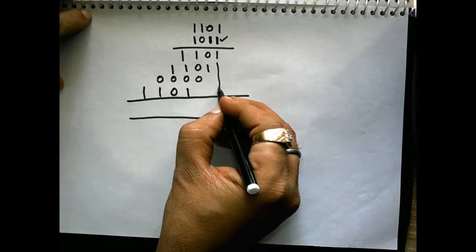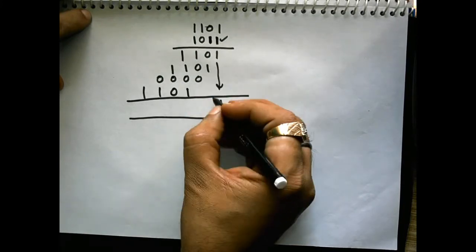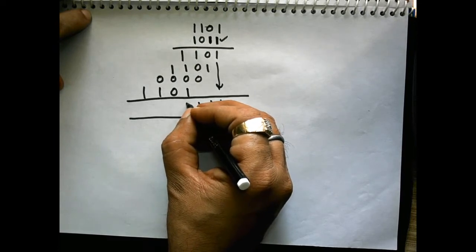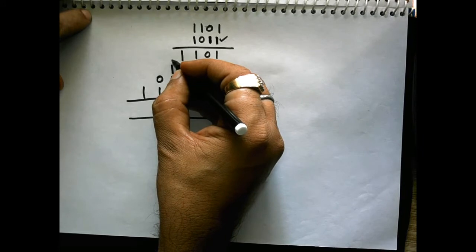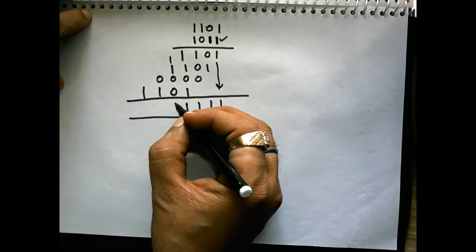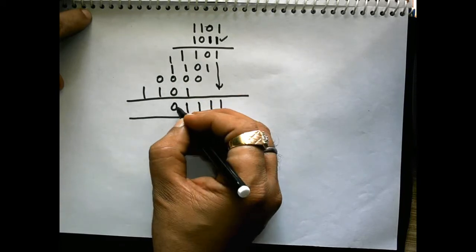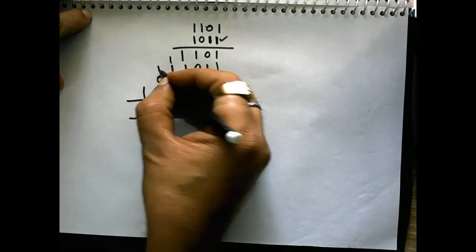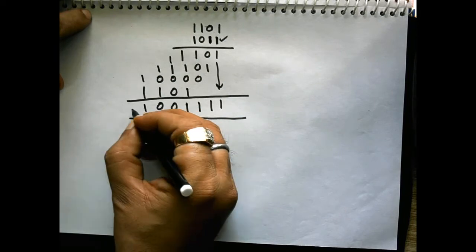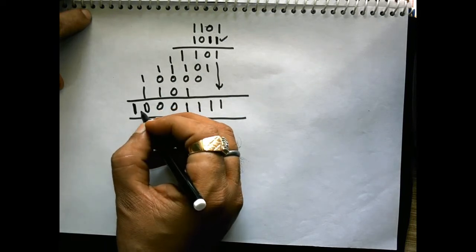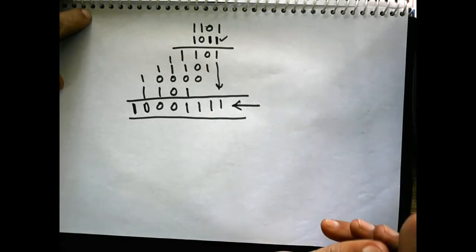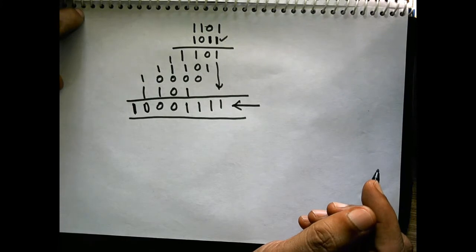So if you add the partial products, it is 1, it is 1, 1 1 1 means 1, and a carry is generated over here. So this carry goes over here. So 1 1 is 1 0, a carry is here, and 1 1 means 0, and a carry means 1, 1 is 0 and 1. So this is your final result obtained by the process of multiplication.